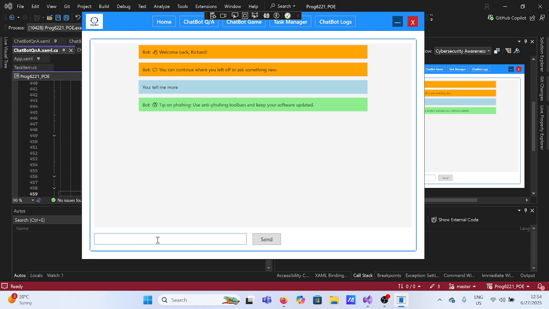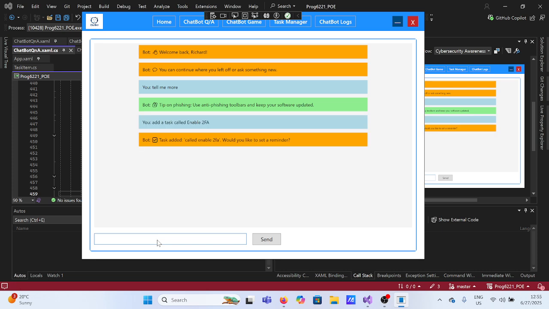So we're going to tell the chatbot, add a task called enable two-factor authentication, and then we're going to enter, and as you can see, the bot replies with the output message and says task added, called enable two-factor authentication, and then it asks us would we like to set a reminder. We do want to set a reminder, so we'll tell the chatbot to set a reminder